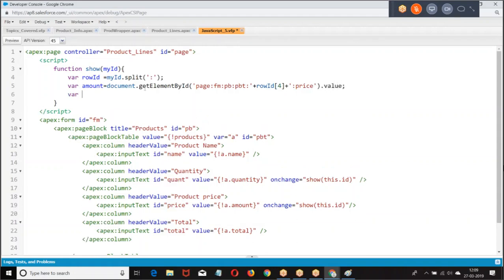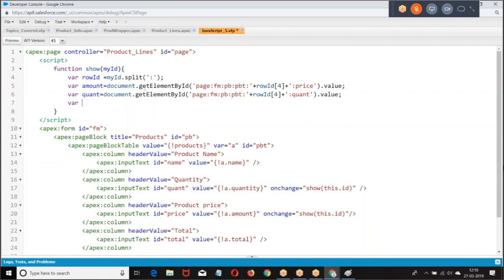Where font equal to document dot get element ID, page, form, page block table plus row ID plus colon quant.